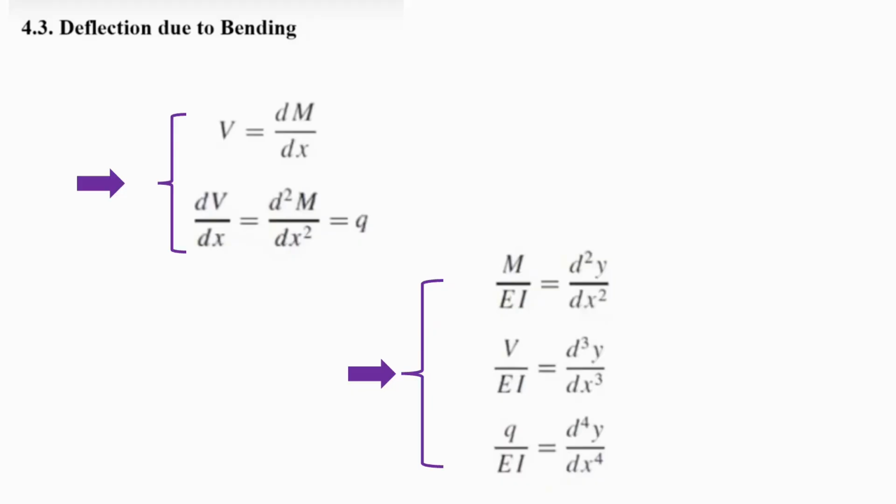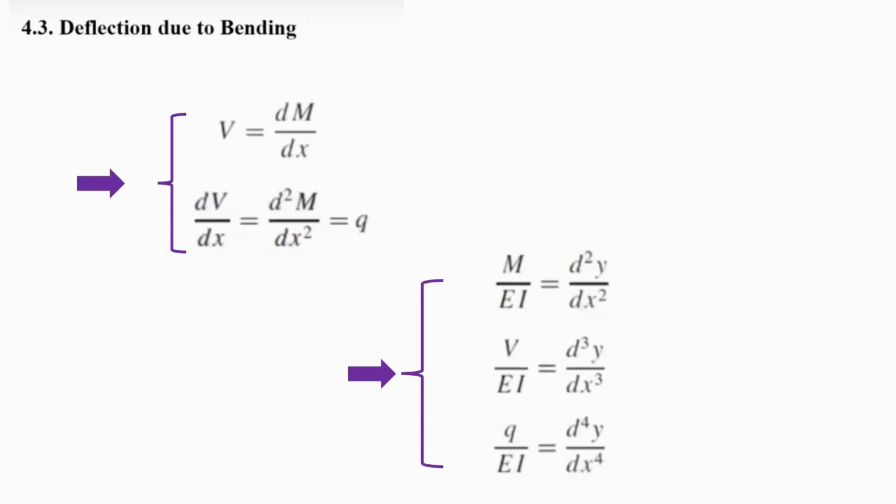The shear force function is the first order derivative of the bending moment function. Here V represents the shear force. And the first order derivative of the shear force function with respect to x is actually the second order derivative of the bending moment function with respect to x, and it is equal to the load intensity function q. These concepts are known because they were analyzed in solid mechanics. So this means that